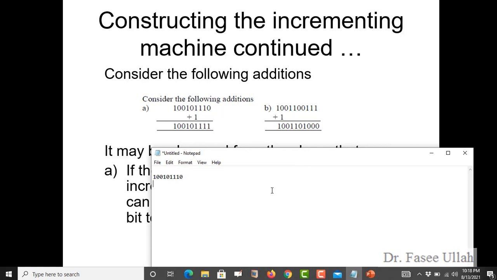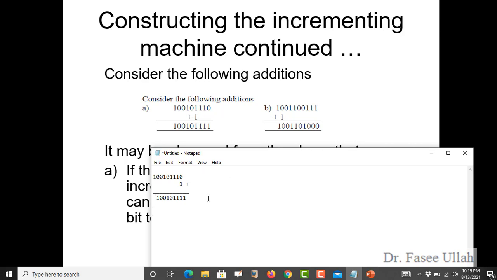We have this, and we perform the increment machine using the complement form. How will we do it? We will do it very easily, using binary addition, since we already know the concepts. So 0 plus 1 returns 1. Then we have nothing left over here, so we just write the rest: 1, 1, 1, 0, 1, 0, 0, and 1. This is how we can do such an implementation.